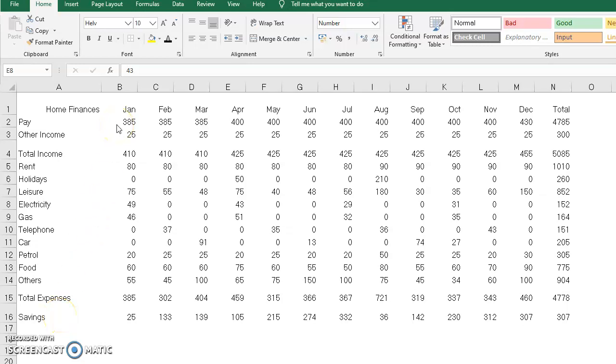This spreadsheet shows the home finances, the total income, the total expenses and savings. It's already been set up, data's been entered, so it's functional. However, it could improve its performance by having some formatting applied to it, so it's easier on the eye, easier